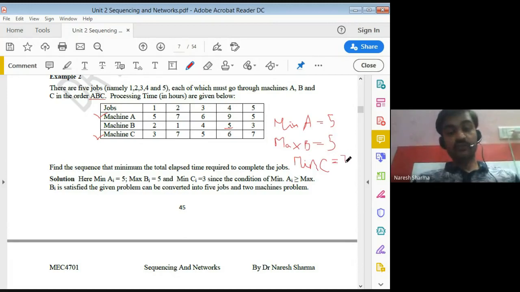So we have two conditions: the minimum of A is greater than or equal to the maximum of B. The first condition is satisfied here because it is equal, both being 5. The second condition was that the minimum of C is greater than or equal to the maximum of B.